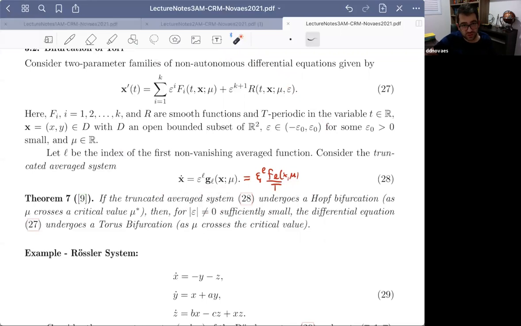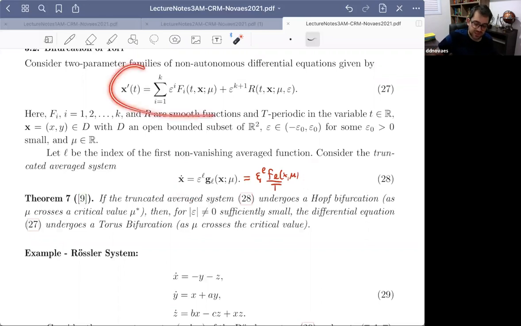undergoes a Hopf bifurcation, and by Hopf bifurcation, I'm talking about when I consider the parameter mu. Okay, then we change the parameter mu, and when mu passes through a critical value, mu star, for instance, then the truncated average system undergoes a Hopf bifurcation. So here we have to compute the Lyapunov constant. We have to do all the things that we have to do when we want to check if this autonomous system undergoes a Hopf bifurcation. Okay, but if it happens,